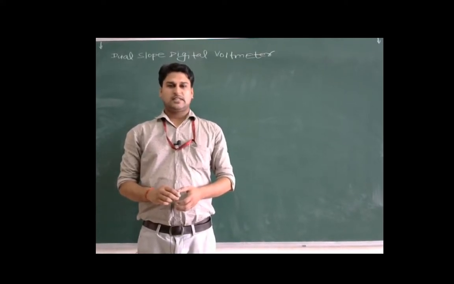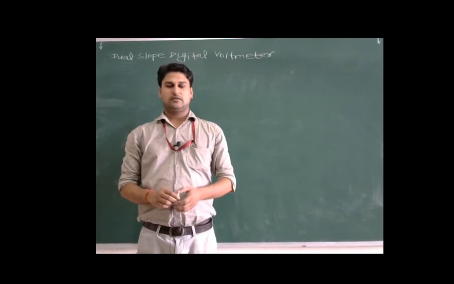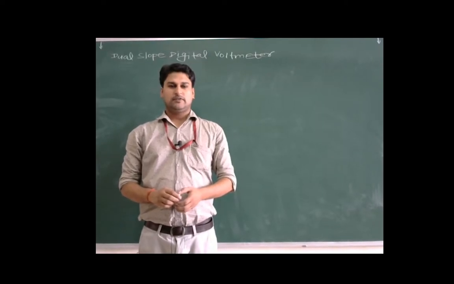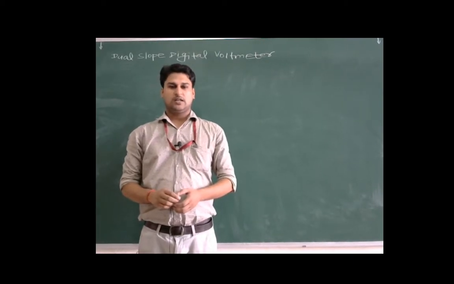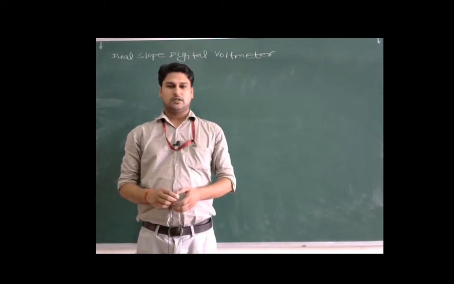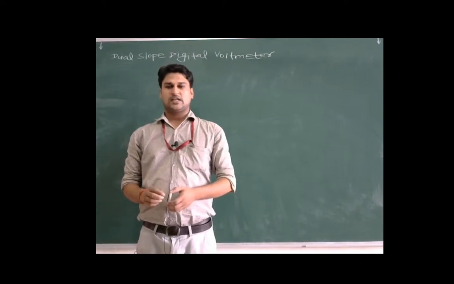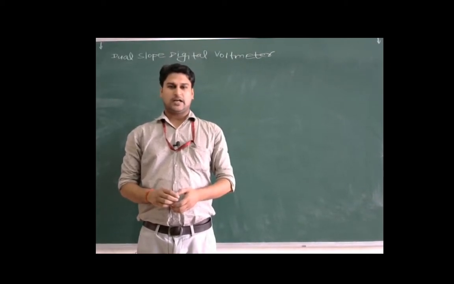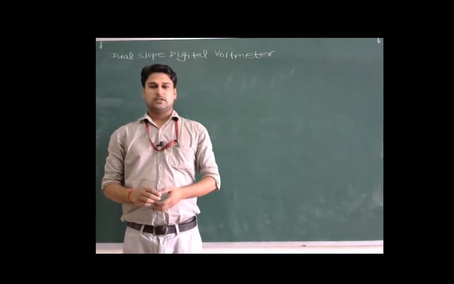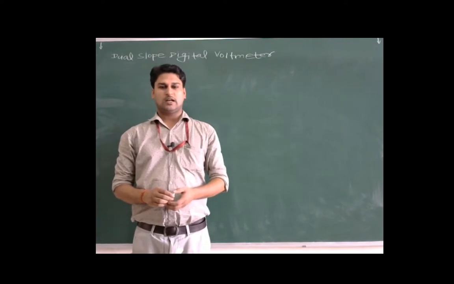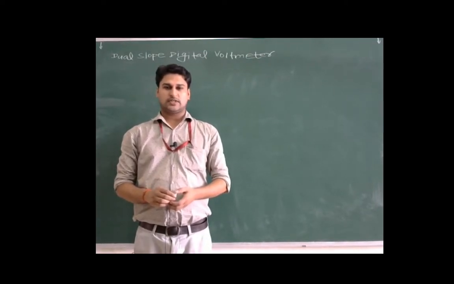In the previous lecture, we have seen the very basic block diagram of the dual slope digital voltmeter, because there were some sources of error in the linear ramp digital voltmeter. Maybe it is the duration of the clock signal or the rate of rise of the digital ramp or linear ramp. They may introduce some error in the final measurement of the unknown voltage. So to remove the error, we are using the dual slope digital voltmeter.